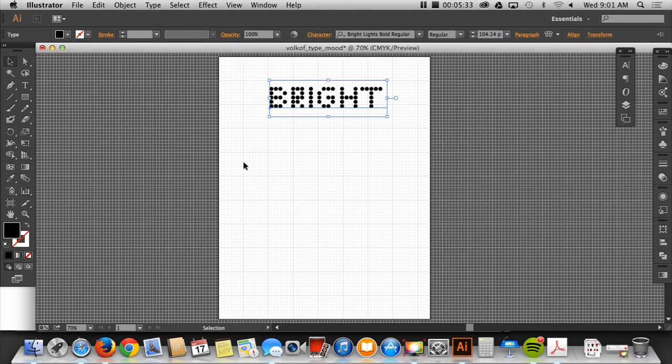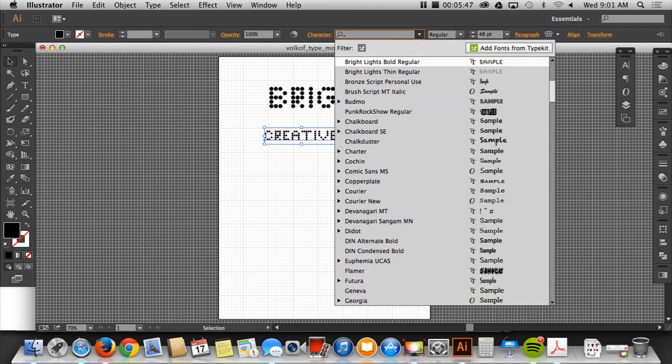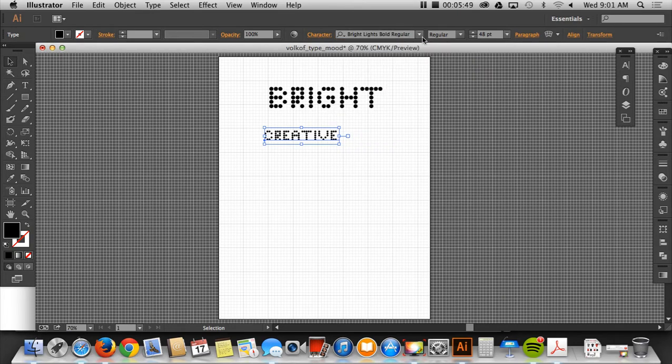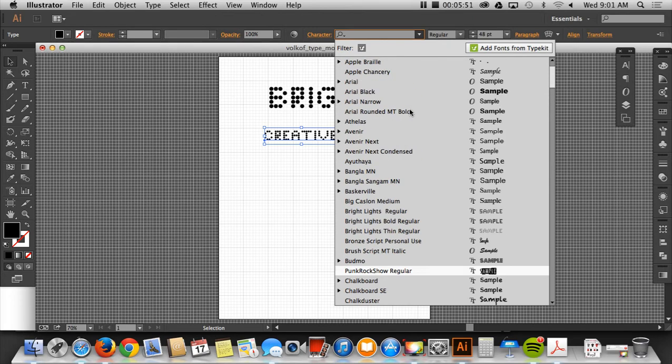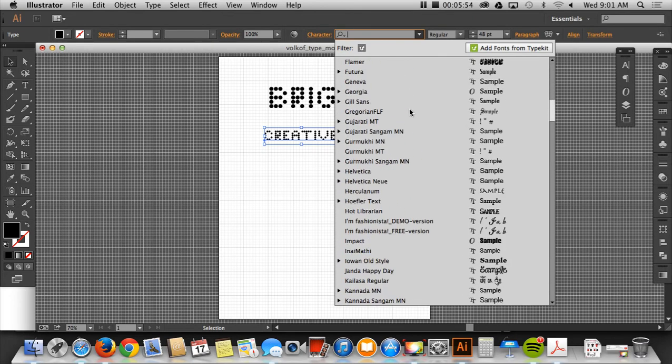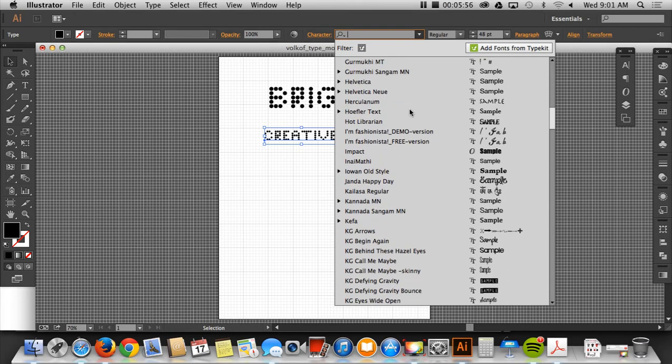Now to get my next word, I'm going to do the Type tool again. I'm going to click to make my word, and I'm going to say creative. I think that, let's find, I had one. So make sure that